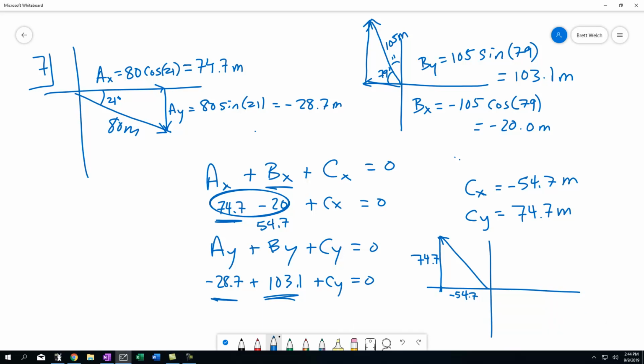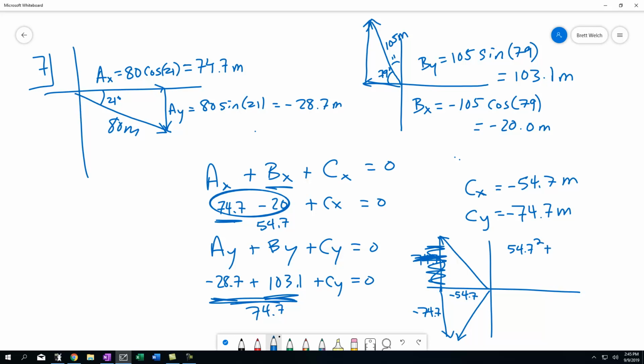Caught what my mistake was. In order for CY to be 0, it's got to be a negative 74.7. This over here is 74.7, so in order for it to work, CY is going to have to be the negative of that. So scratch this drawing here real quick. It's going to be down this way. Okay, negative 74.7 there. Just using Pythagorean's theorem,